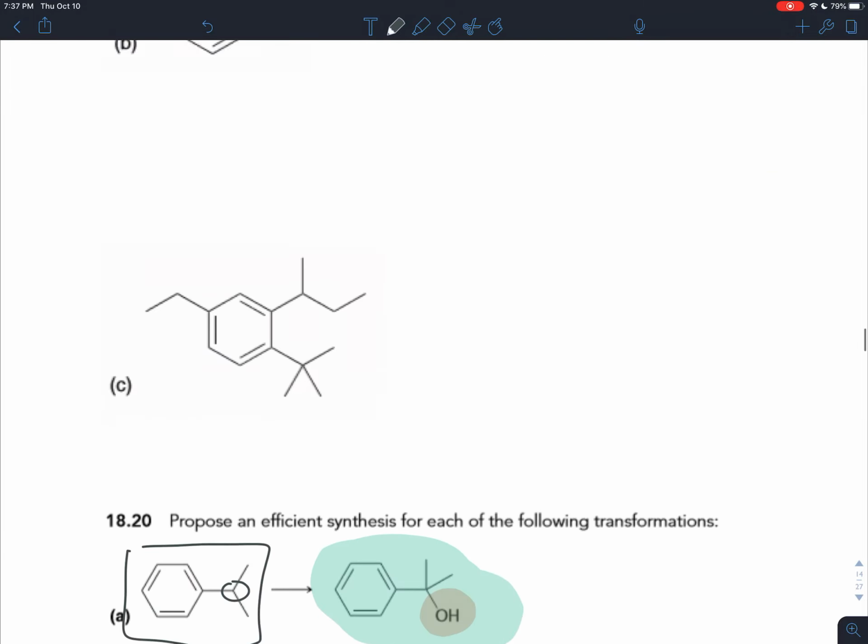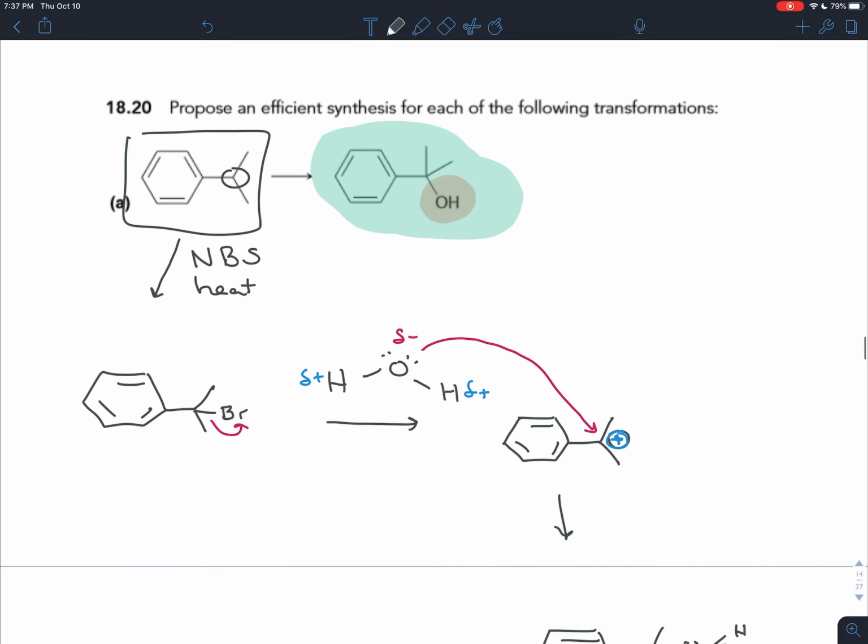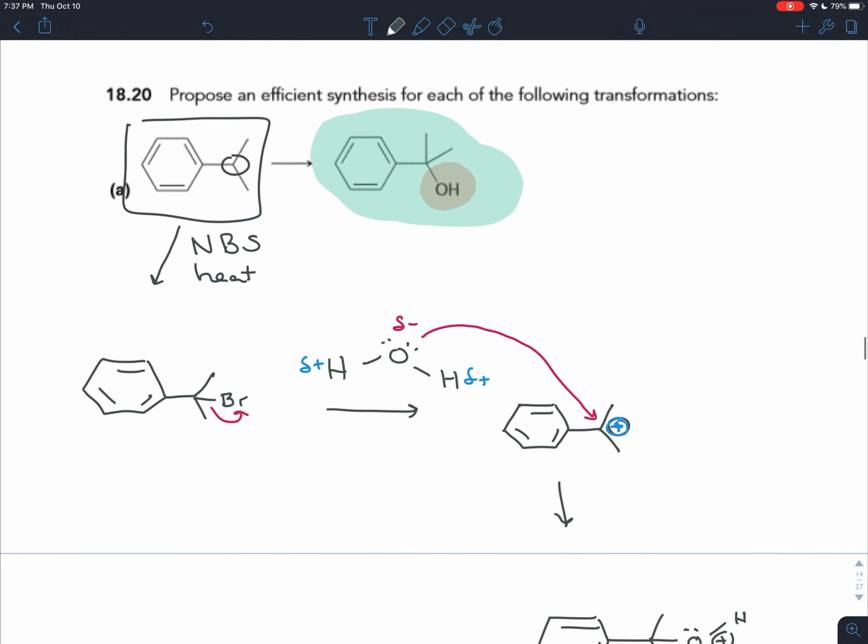So really the lesson, the takeaway from this exercise, from exercise 1820, is that N-bromosuccinimide in heat gets things going. It opens up substitution and elimination, as we've seen in these exercises. And it does that by adding